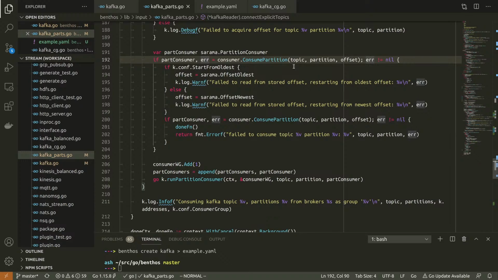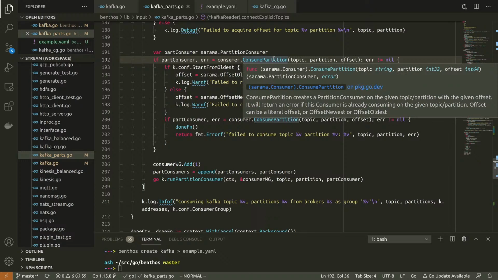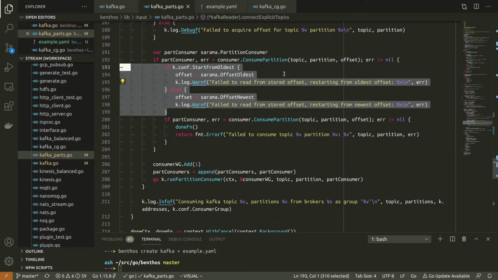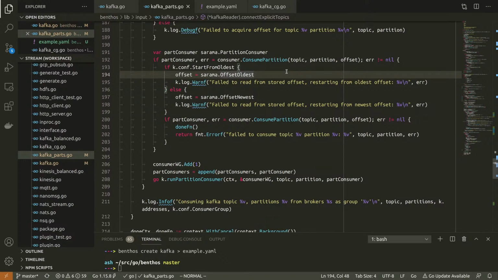So when I kick off the actual consume, if that fails for any reason, then we try it again with either the oldest or newest offset. Now, overwhelmingly, when a consume fails, it's because the stored partition doesn't exist anymore.